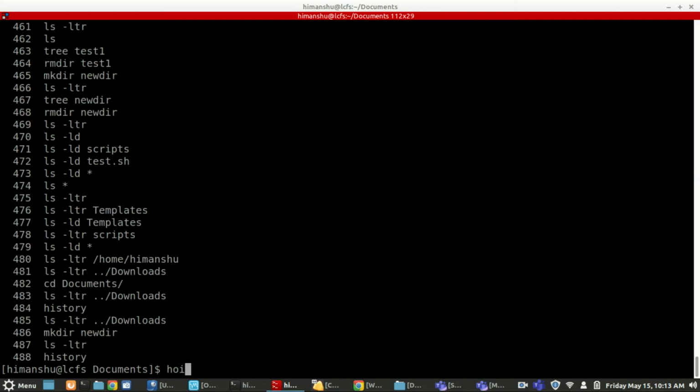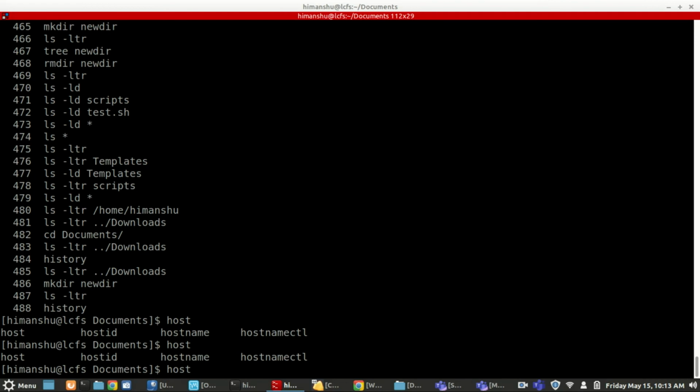Or let's say I type host and press tab. In case more than one value is related to host, you have to press tab two times. If there is only one value, like only one specific command, you can just press once and it will show you that command.